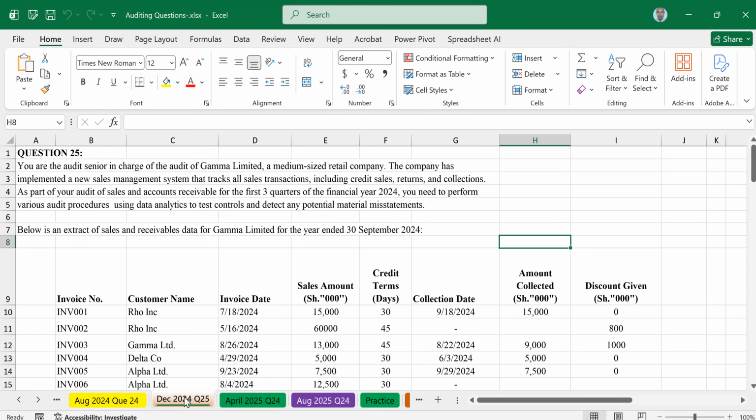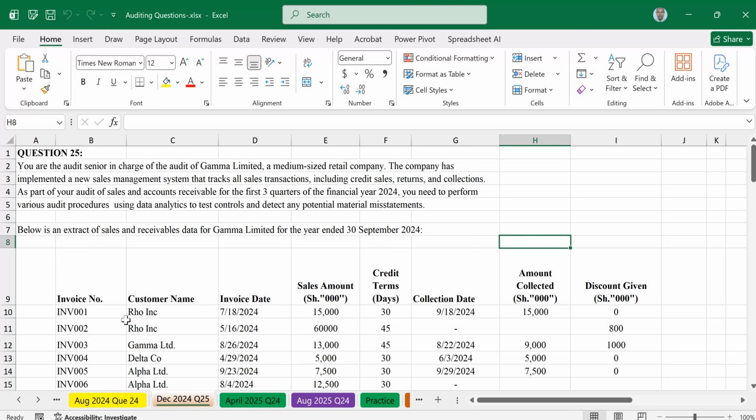As part of your audit of sales and accounts receivable for the first 3 quarters of the financial year 2024, you need to perform various audit procedures using data analytics to test controls and detect any potential material misstatements. Now, below is an extract of the sales and receivable data for Gamma Limited for the year ended 30th September